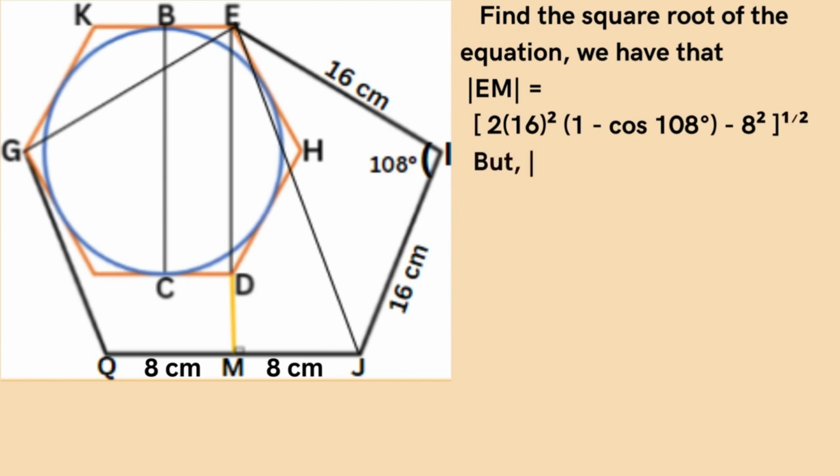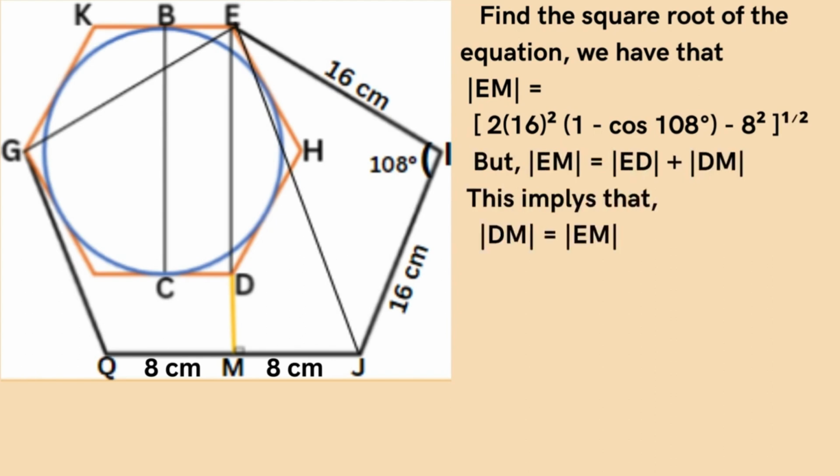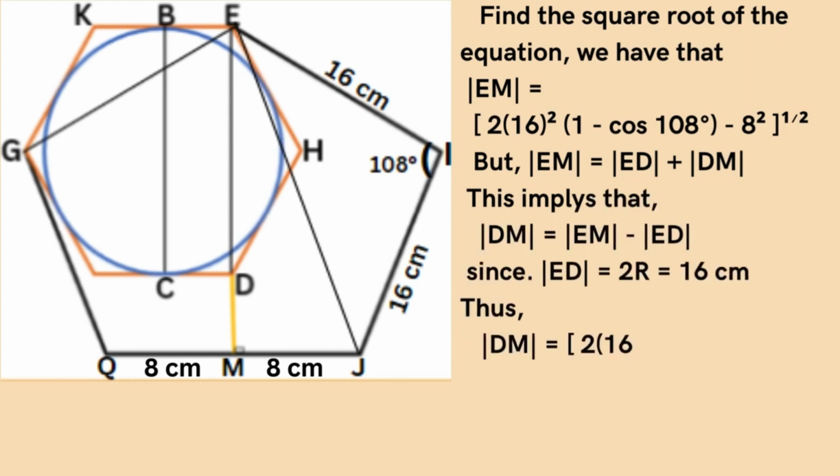Find the square root of the equation. We have a new equation for line EM as shown on the screen. But line EM equals the sum of line ED and DM. Rearrange the equation and solve for line DM, as shown on the screen. Simplify and we have that